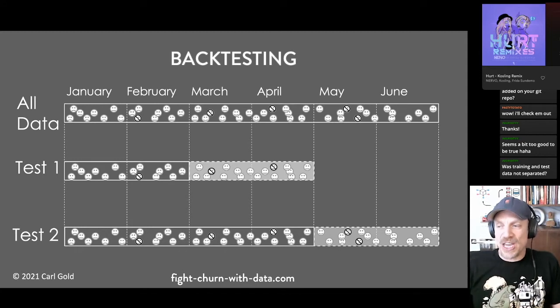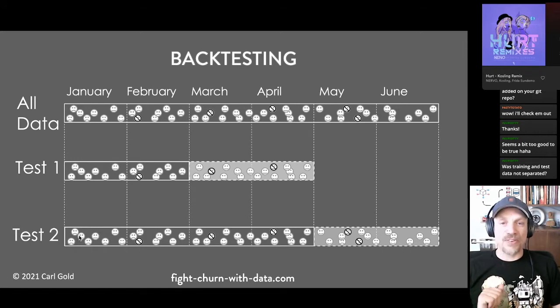And so this is an illustration here of backtesting. So suppose, like in this simulation, that you have data from January through June. That's the simulation, January through June 2020. Now here's how we're going to test the model without testing on the data that was used to train it. We're going to divide the data into different parts, say 2-month sections, January and February, March and April, May and June. So first we're going to train the data on January and February and not any other data. And then we're going to test the data on March and April.